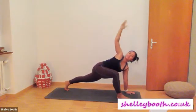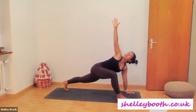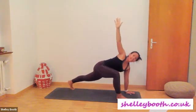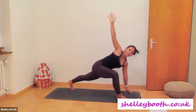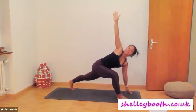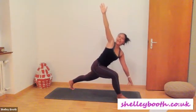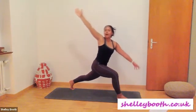This is called an easy twist, a simple twist. It's not that easy. See if you can look up to your right thumb. Now look down at your left hand and try to come to your left fingertips. Imagine someone's pulling your right hand, lifting you up, and using that imaginary hand, lift all the way up, reach